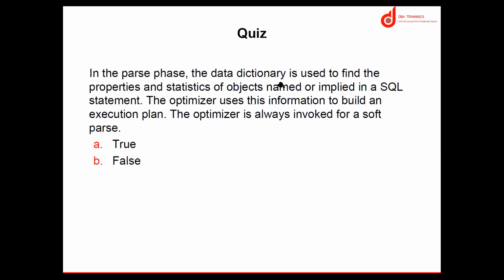The optimizer is always invoked for a soft parse. True or false? False. Yeah, because the optimizer is only invoked for a hard parse. Got it? When the cursor and execution plan are not found in the SQL area, the optimizer will come in for the hard parse. For a soft parse, the optimizer will not come into the picture. That's first of all.